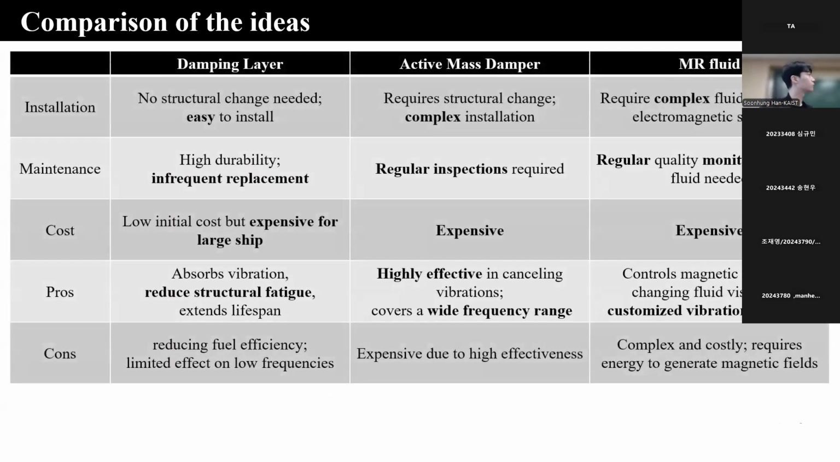And here are the pros and cons of our three methods. In terms of installation, the damping layer is easier than the others, because it does not need structural change, while the active mass damper and MR fluid need structural change, so they must be designed. And especially